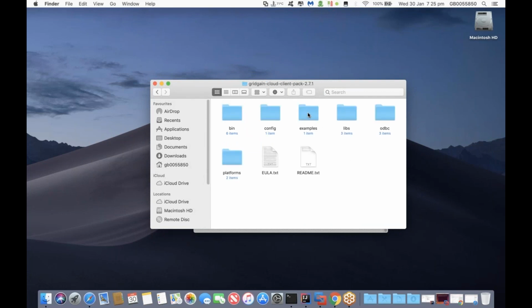So we've got some examples here. There's a bin directory for some commands that we can run. I think it's .sh and .bat. It will run in Windows as well. There's libraries and so on. ODBC is there as well, which we're not going to see today, but Rob mentioned this in his